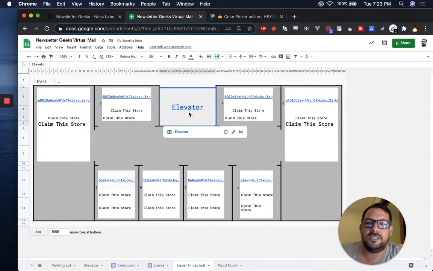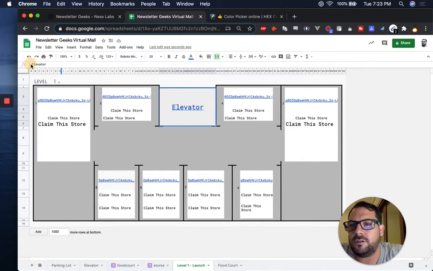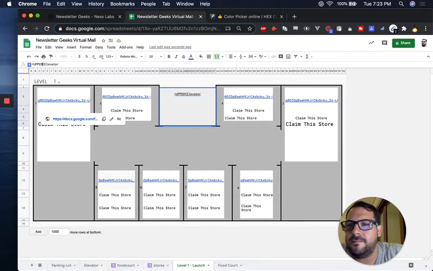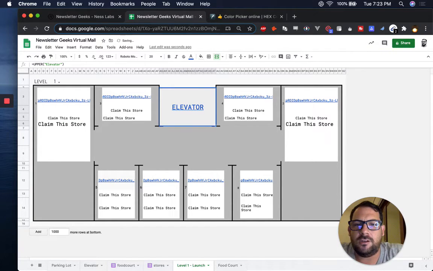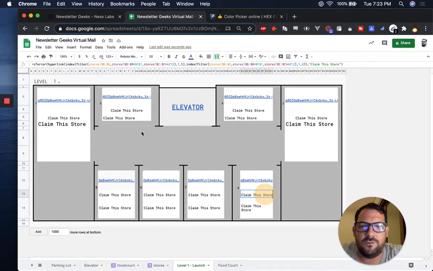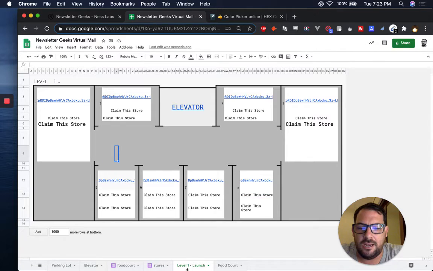I want to change this also to upper, just to keep that theme alive. Upper, and put in the quotes. I could also retype it, but for this purpose I won't. So now, what you can do is if you come to this page, any of these pages, I'm going to